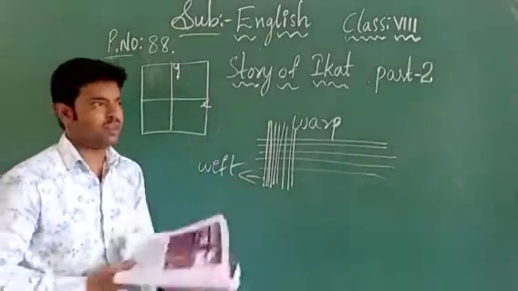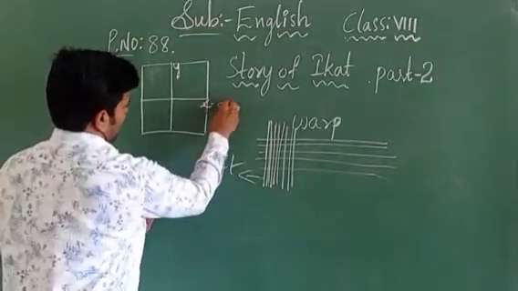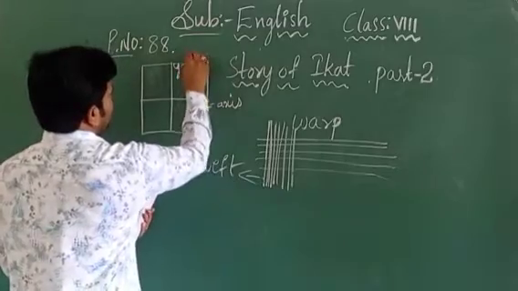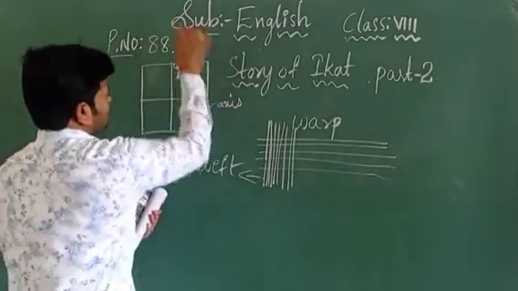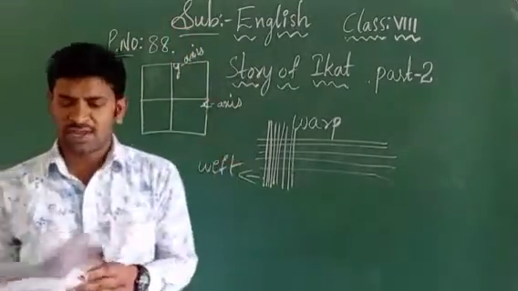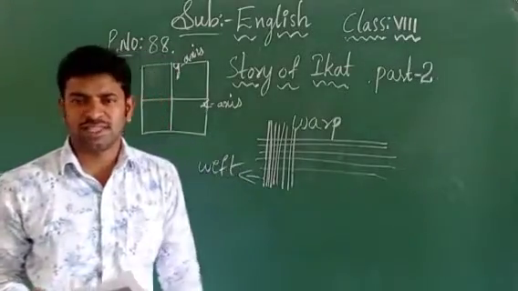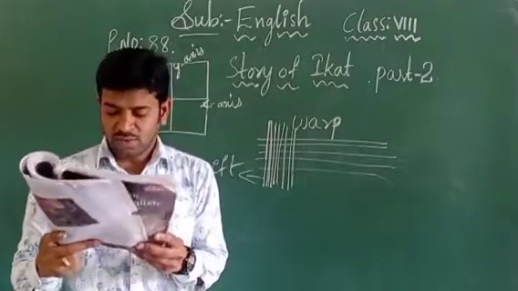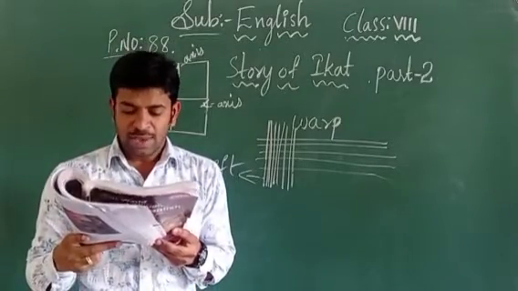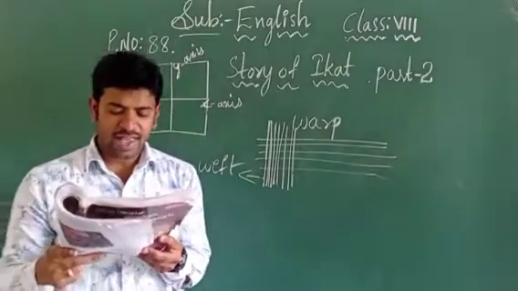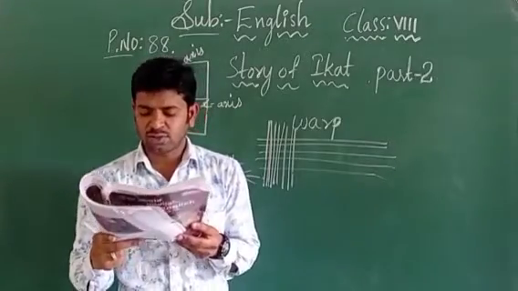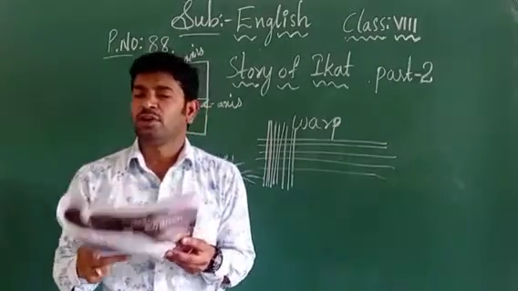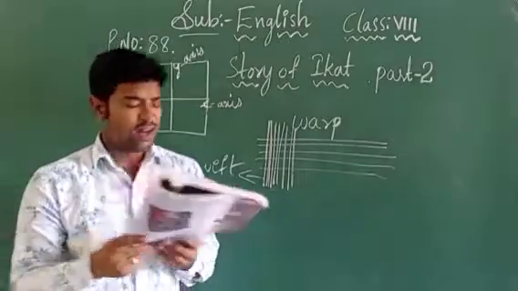X and y I have mentioned. Axis, x-axis, and this is y-axis, children. So now you will be able to understand how these people are going to make these fabrics. Next, imagine the graph sheet, the x and the y axis, and how they crisscross to form square motifs. Okay, crisscross. Now see here.